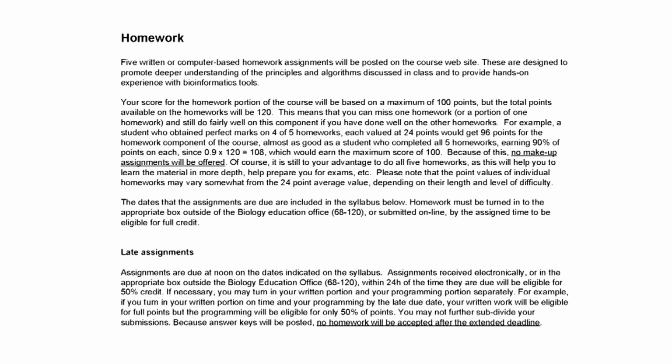Okay, so late assignments. All the homeworks are due at noon on the indicated day, and if it's within 24 hours after that, then you'll be eligible for 50% credit. And beyond that, you don't get any points, in part because the TAs will be posting the answers to the homeworks. Okay, and we want to be able to post them promptly, so that you get the answers while those problems are fresh in your mind. Questions about homeworks? Okay, good.